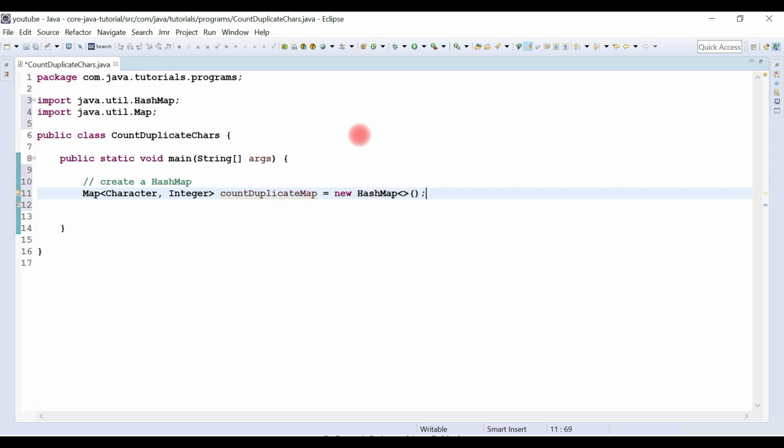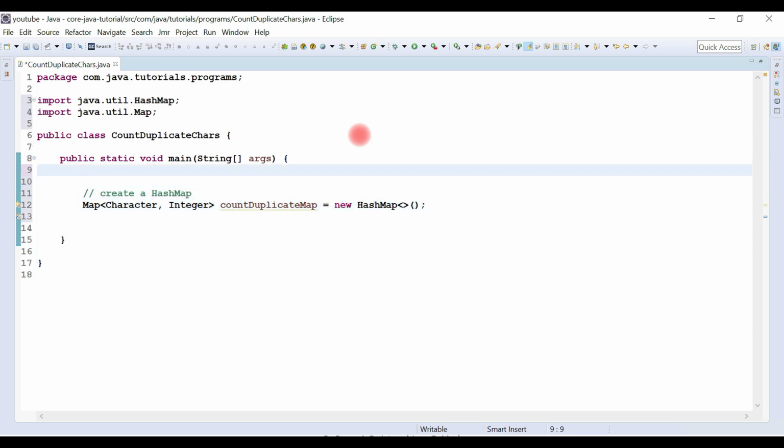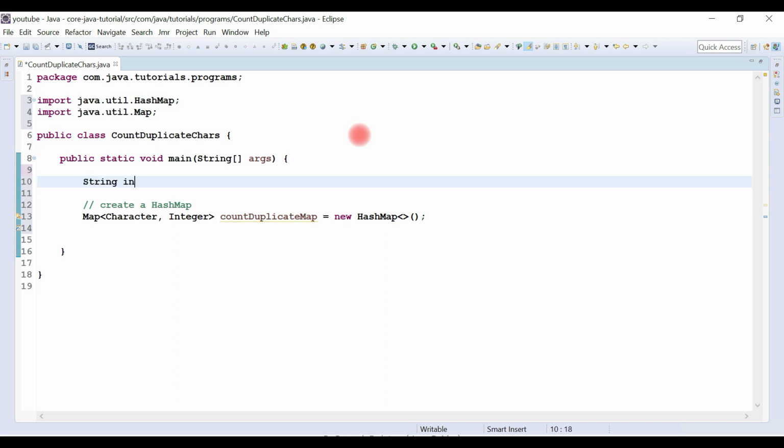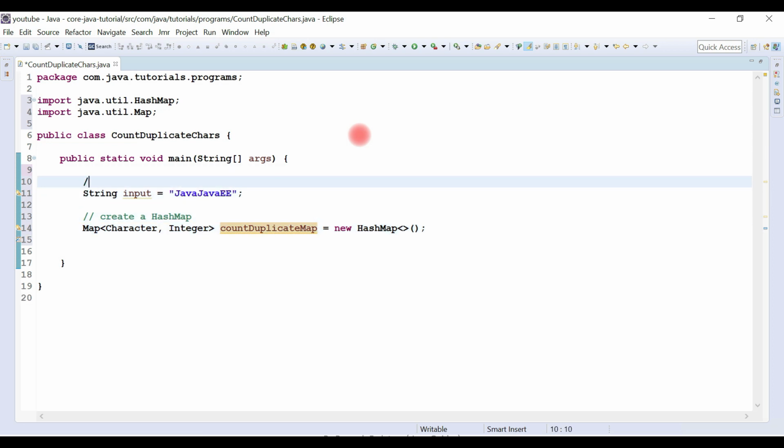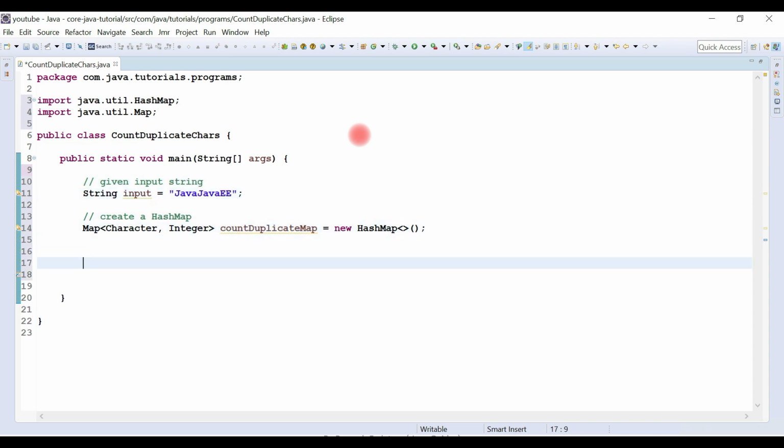Okay, first what we'll do, we'll define the input string here, String input, it's Java EE. Okay, this is the given input string. Alright, so I will just write the comment so that it will be easy for you to trace the program.